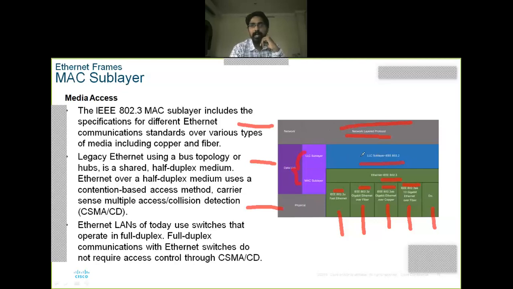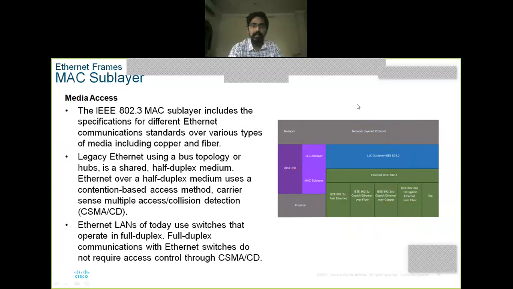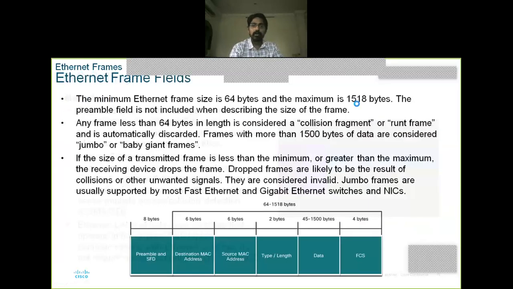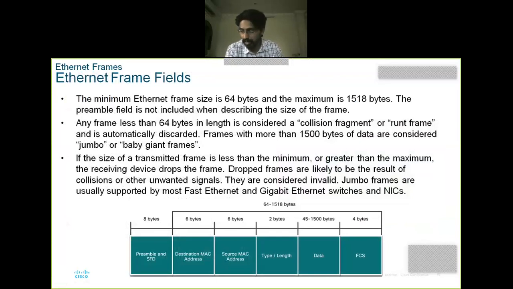For the LLC sublayer we have IEEE 802.2, and for the MAC sublayer we have 802.3, and 802.3 again consists of 802.3u, 802.3z, 802.3ab, 802.3ae. So this way we can draw this diagram, right?